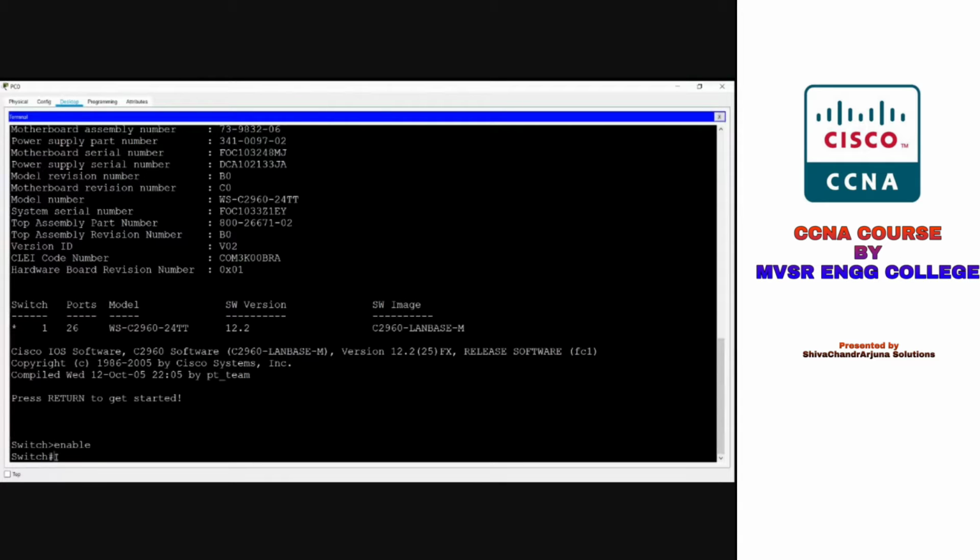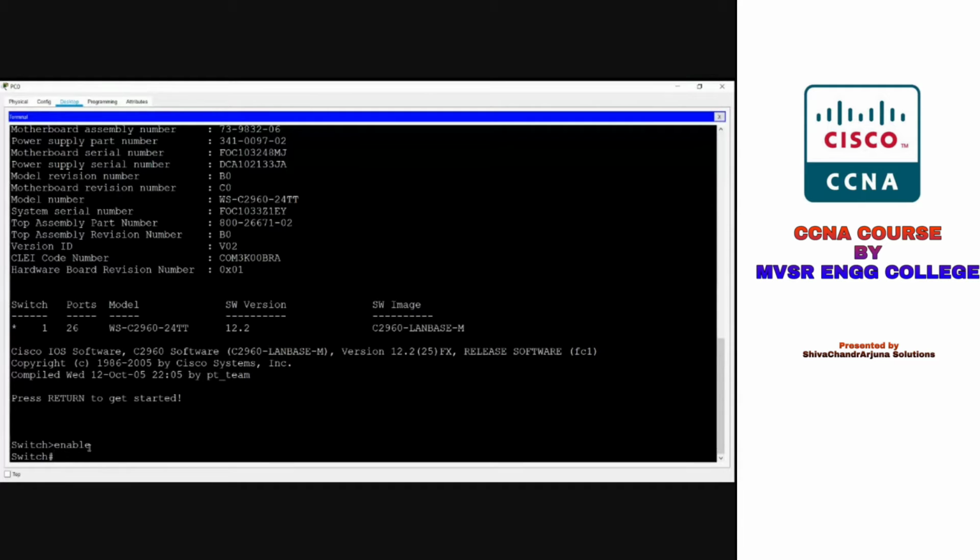So the switch is moving from user executive mode to the privileged mode by entering the command called enable. This privileged executive mode allows access to all the commands and features, but user executive mode only allows a limited number of basic monitoring commands here.